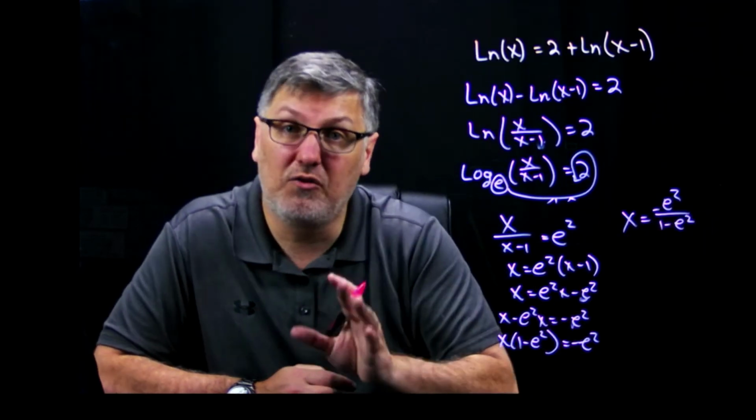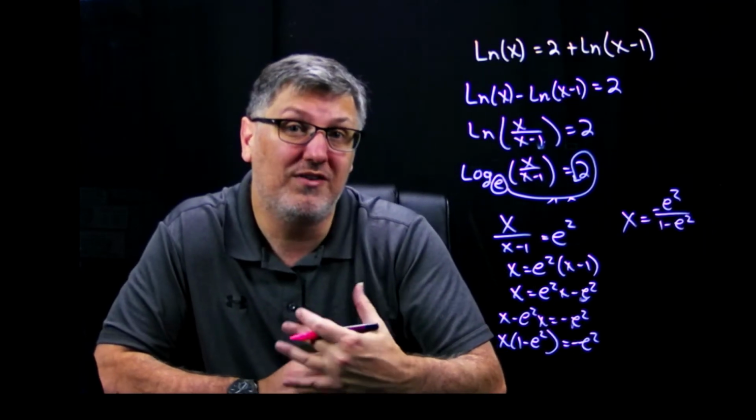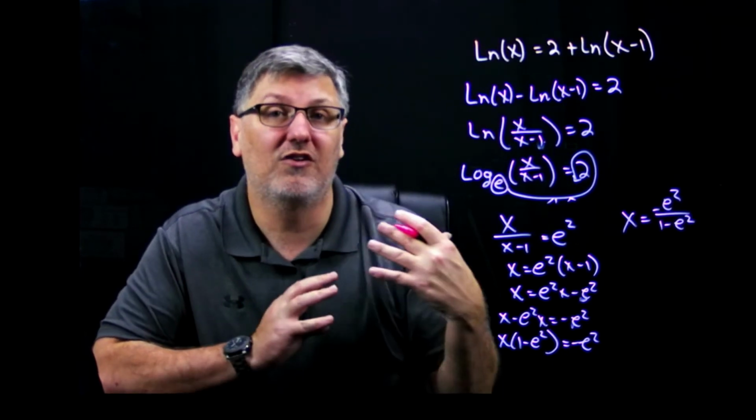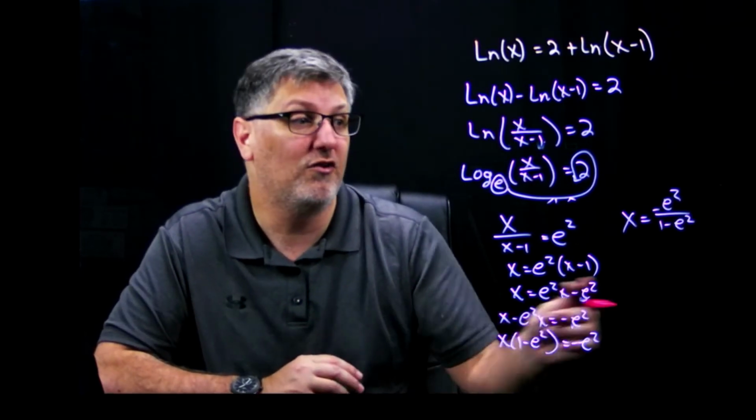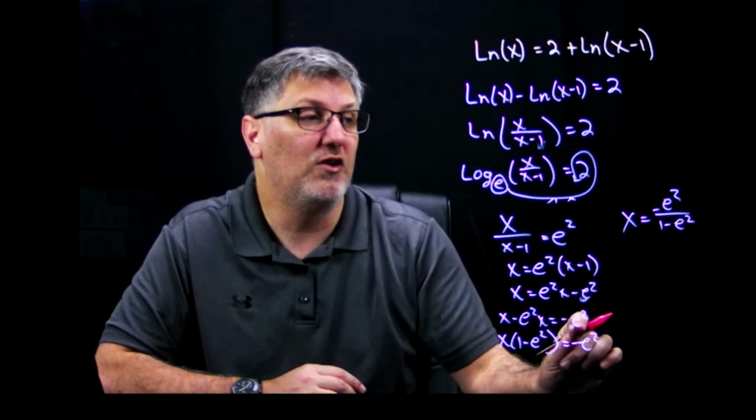Now, e, you have to remember, is like pi. It's about 2.72. It's Euler's constant. It's a decimal that never ends and never repeats. So this represents a number. So if I look at it,